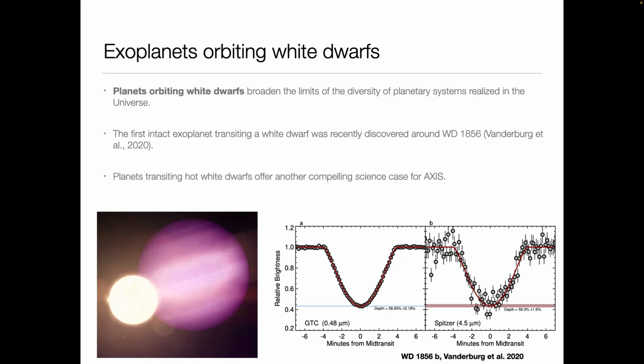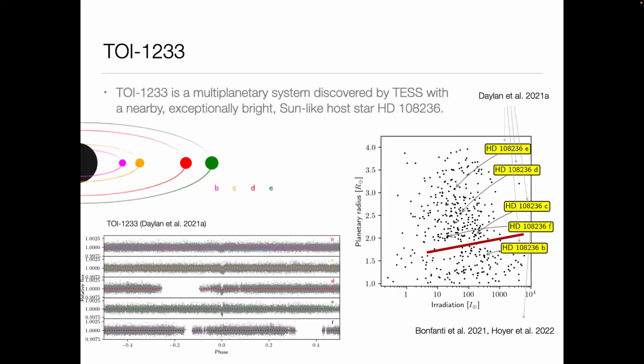Now, the interesting thing is that we really don't expect such planets to exist, because a white dwarf is an evolved star. A white dwarf probably did something really messy before it became a white dwarf. It shed its outer layers to the interstellar space. It lost mass, and in doing so, it really disturbs the planetary architecture around it, we think. So something interesting must have happened for this planet to exist. It's one of the so-called impossible planets. But certainly it exists, so we need to explain why.